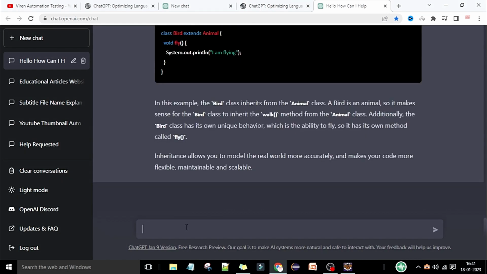Okay, learn with Selenium. Now we know it can work for the Java programming language in the learning part, but will it work for Selenium code? And can ChatGPT write the Selenium code for me? So let's try this one. Okay, so now here I'm going to ask